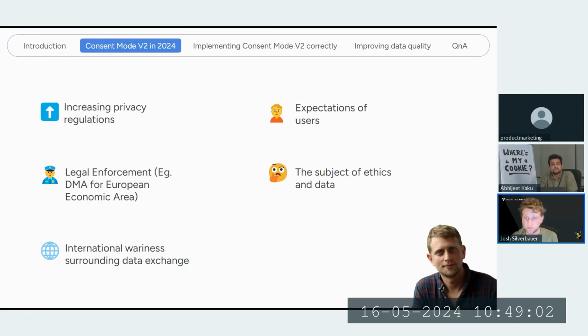You have to do it if you want to continue to advertise, specifically in Europe, but there's reasons to do this all over. Absolutely. So if I simplify it, for example, if we target users in Europe, consent mode now acts as your shield against non-compliance with regulations like GDPR, right? By implementing it effectively, we demonstrate respect for user privacy, and we also ensure that the campaign is performing optimally, right?